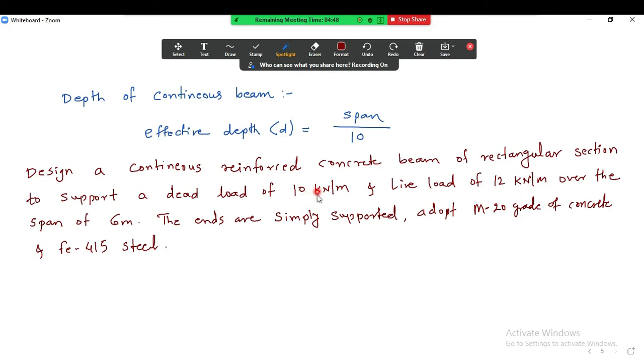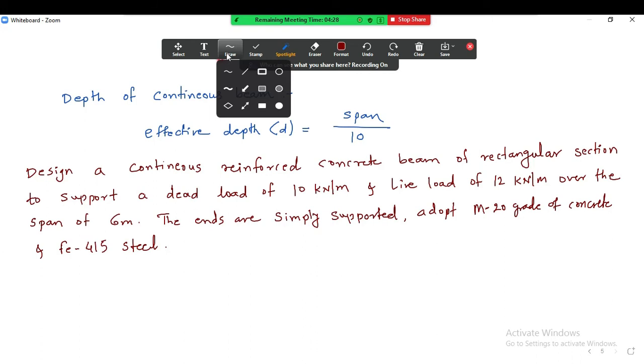So based on those cross sectional dimensions you can calculate the self weight. Self weight comes under dead load. Dead load means self weight. Here it is directly given to you, so the dimensions of the beams are not given, and if the dimensions of the beam are given to you, then this dead load you need to calculate by yourself.